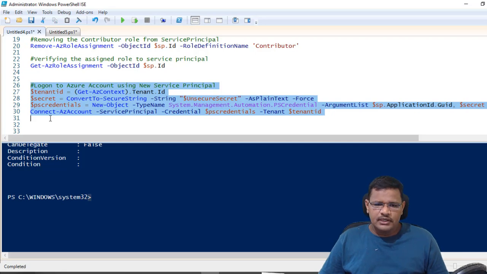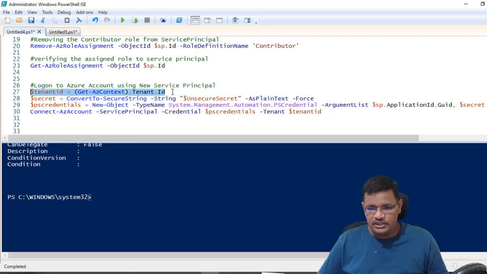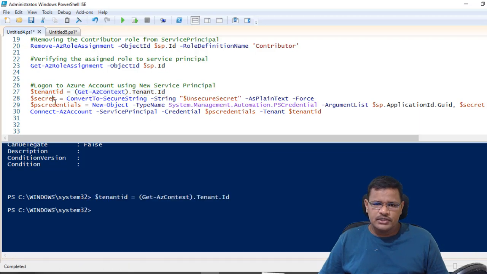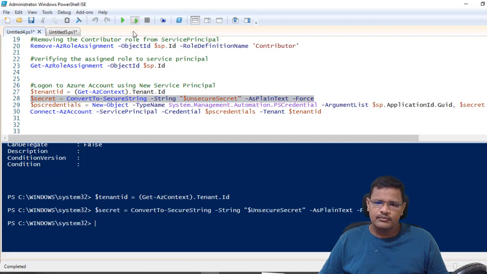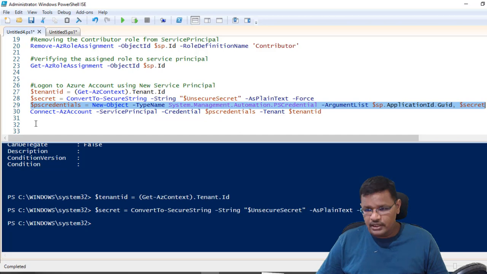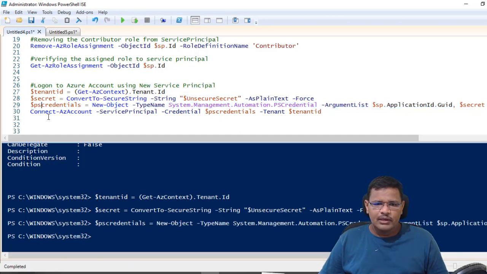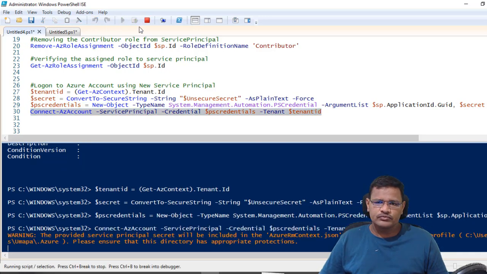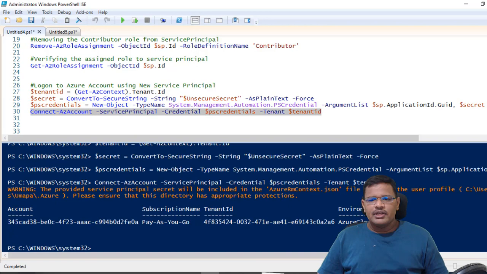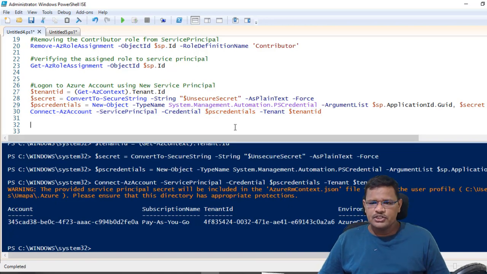For the secret, I'm converting my plain text secret value into a secure string. I'm creating an object for storing these credentials, and let me connect using Connect-AzAccount. We are successfully able to connect using this newly created service principal.